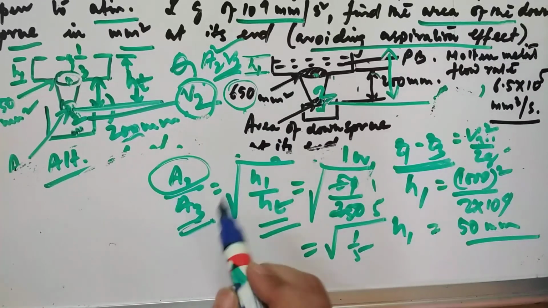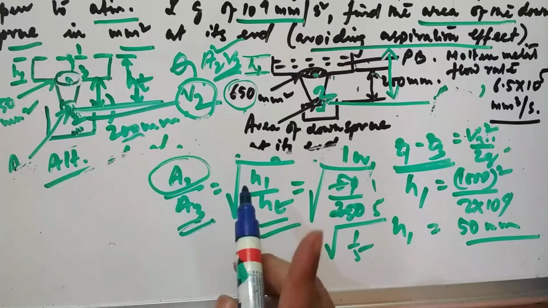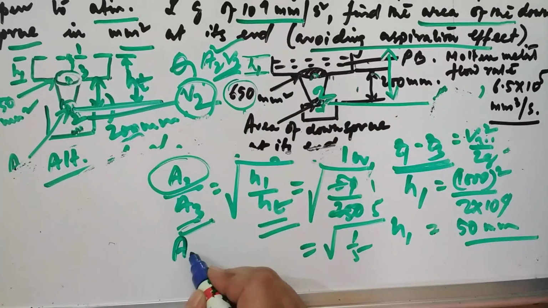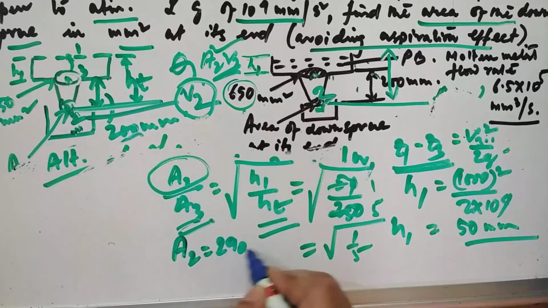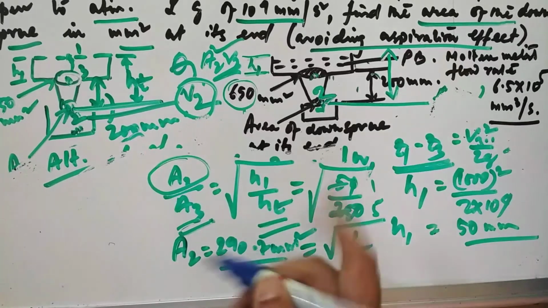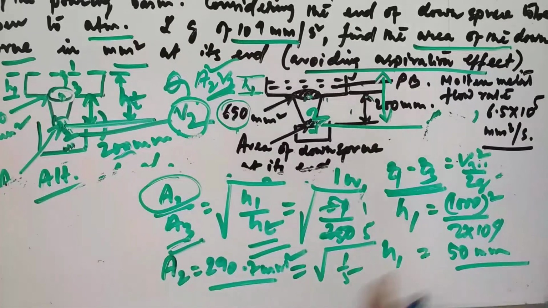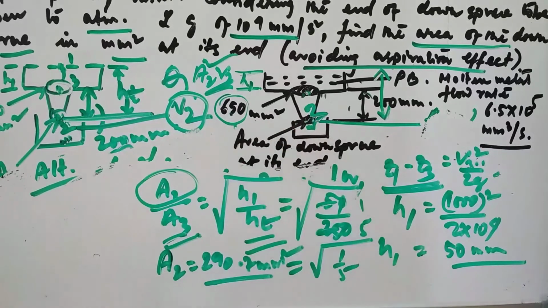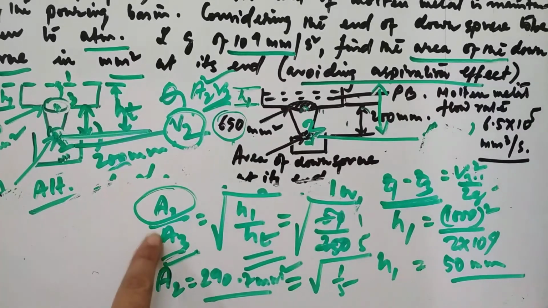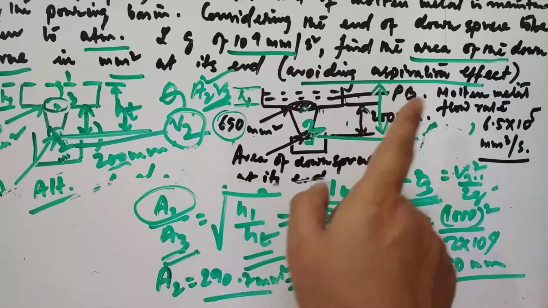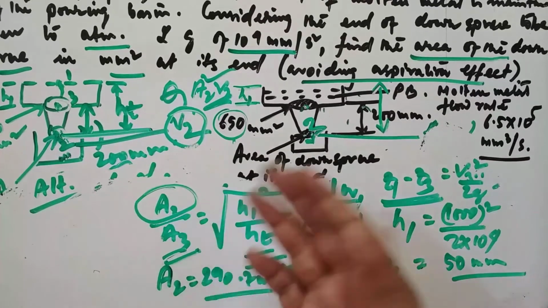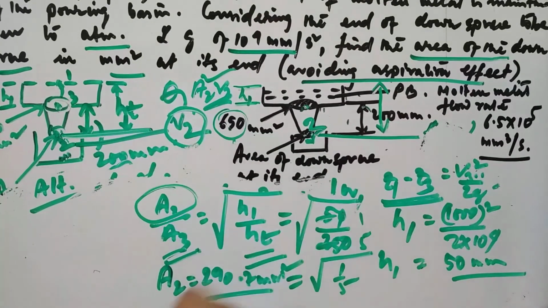Now we have to find A2, the value of A2 at this point. A3 you already know. A3 is given, this point 650 is given. So from here you can simply calculate A2 is coming to be 290.7 millimeter square, similar to the previous one. So you can apply any of the methods for calculating the area at this point, the down sprue. There is a gate portion, you can also say. If you remember this simple formula, you can calculate this area in much lesser time, and this will be very important for your GATE examinations also. For semester examinations you can apply this formula or the previous one, whatever you wish.